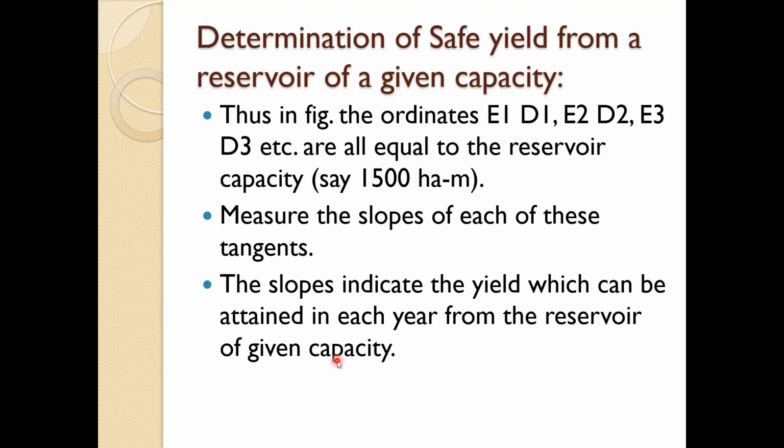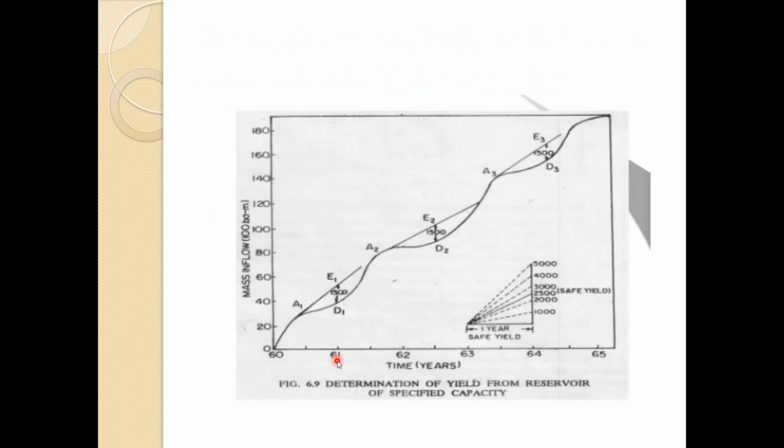So always there are calculations at what rate the water should be withdrawn from the particular dams, etc., as per the calculations. So all these curves are helping to decide these demands. So here in this case we know the capacity and we are deciding the demand this way. So we are determining the yield from the reservoir of specific capacity.